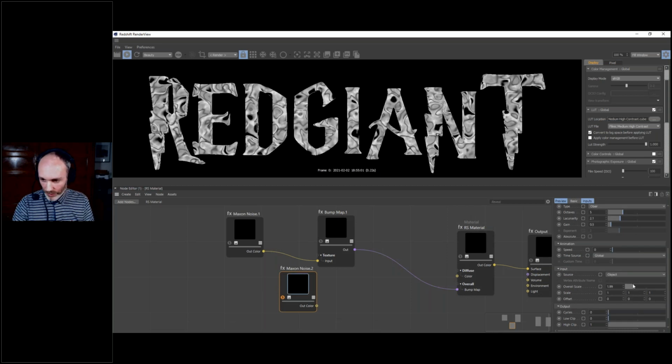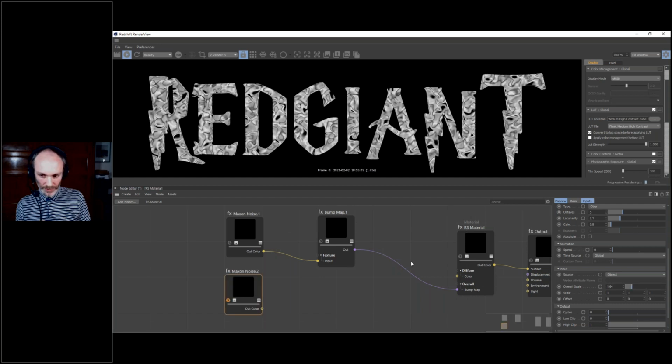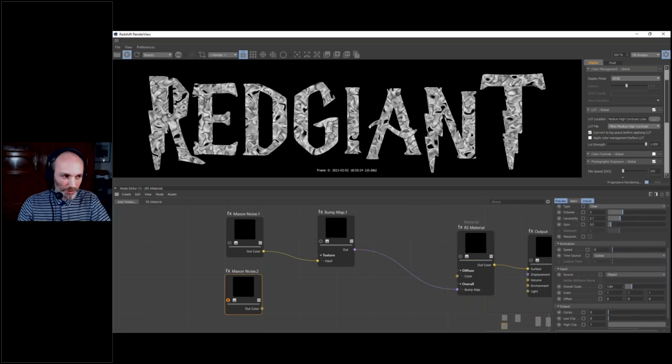And now, well, we can just try what happens if we plug this to our material. If you remember, our roughness goes from 0 to 1. 0 is a pure mirror surface, and 1 is pure diffuse. We don't want that on our text. And this noise, well, black is going to give us 0, and the white is going to give us 1. So we're going to be very far from the value we have right now, which is 0.4.